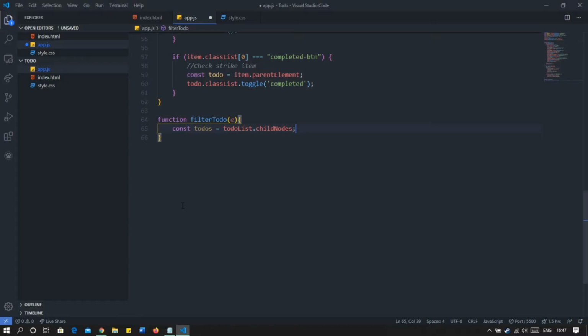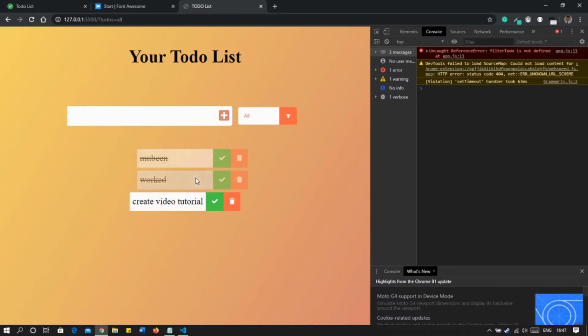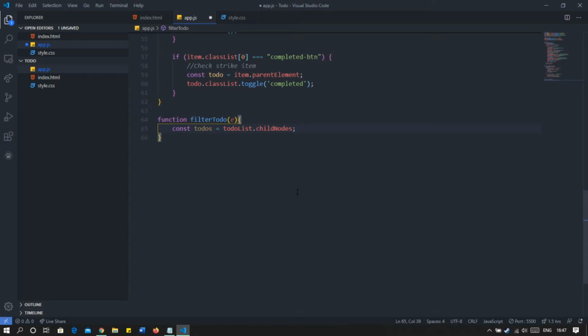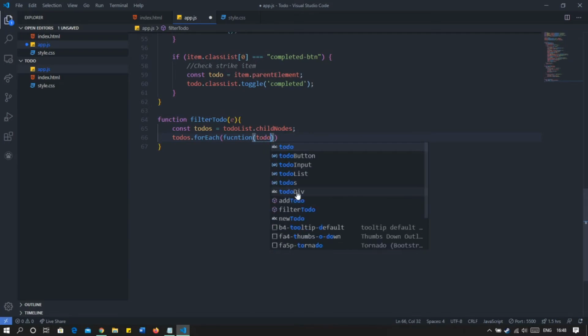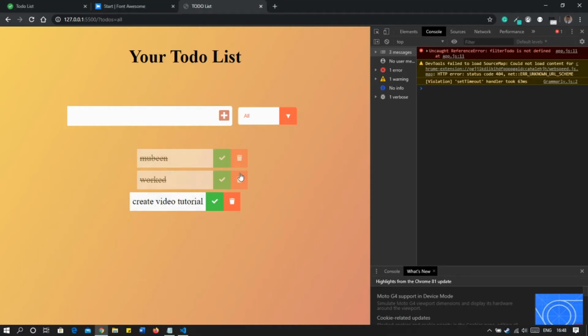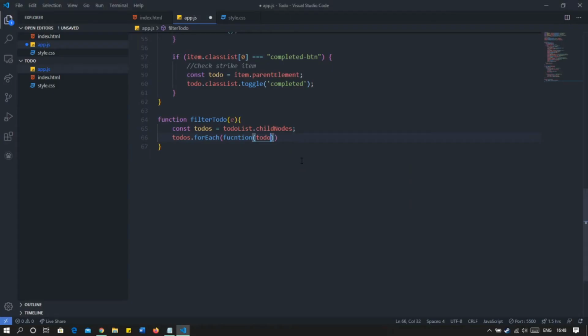So we will use nodes. This is one, then this is connected to this, so this is another node, then we go to this, so this is another node. So each and every element acts as a node. Okay, so now we will traverse to each and every node. So we will use a forEach loop. For each, we will create a function, and we will pass each and every element. So if I go for each, I'll get this element, I'll pass this element to a function, do the work with it, and then I'll get back to another element and pass it to the function, another todo to my function. So it works accordingly, right?